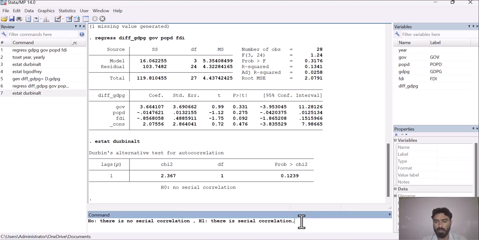So now let's do it by taking the log. You can also resolve this issue by taking the log. What you have to do is simply take the log of the dependent variable in your Excel file, or you can take the log of your dependent variable in the Stata file as well by using a command. And the third option is to take the lag of your dependent variable or independent variable. So by adopting these three methods, you can remove the issue of serial correlation from your model.